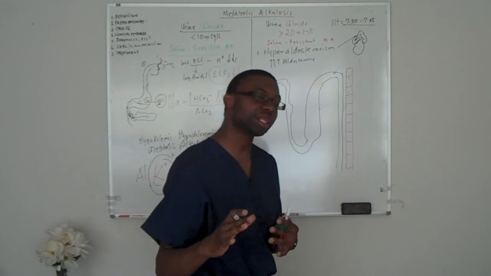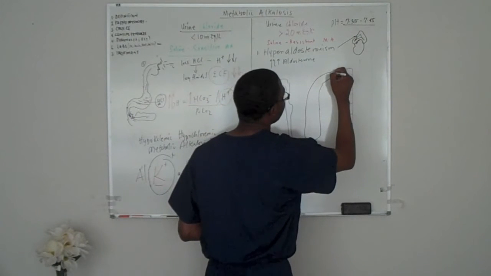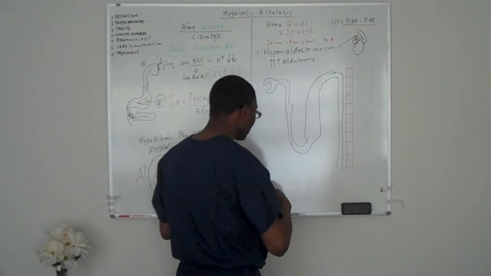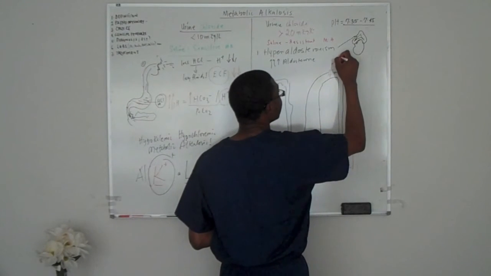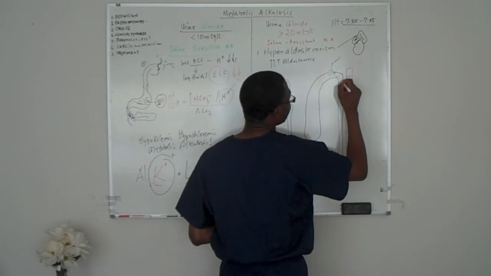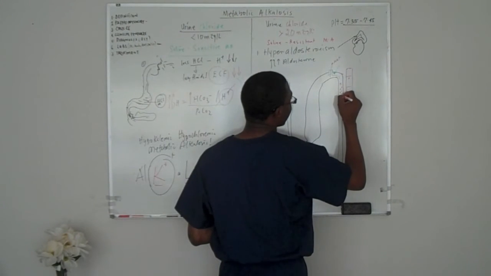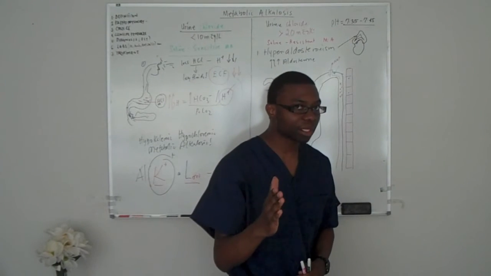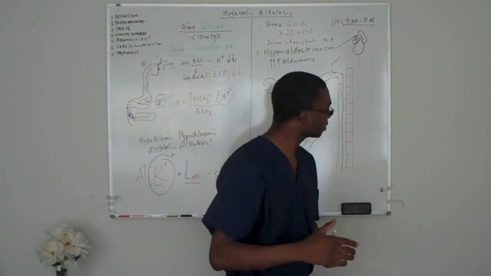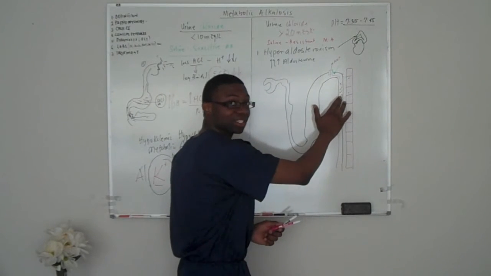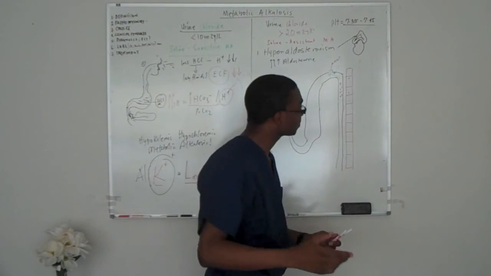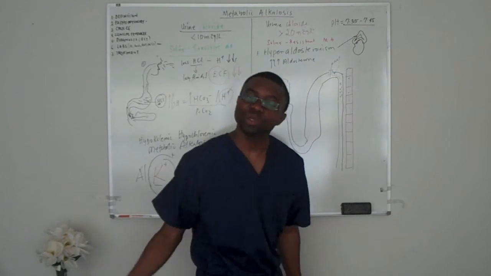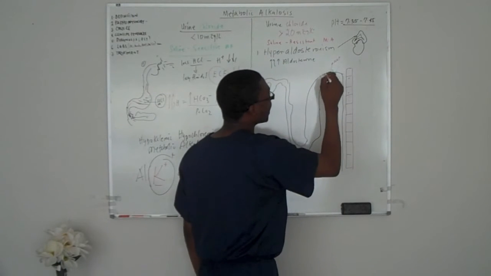If you have too much of it, what is it going to do? It's going to create a lot of pumps here, and you're going to be reabsorbing a lot of sodium, but guess who's going to be lost? A lot of potassium. You're going to be literally losing it, so you become hypokalemic. Are you digging that? Good. You're losing a lot of potassium, causing hypokalemia. You're reabsorbing a lot of sodium. Also, you're retaining a lot of bicarbonate.